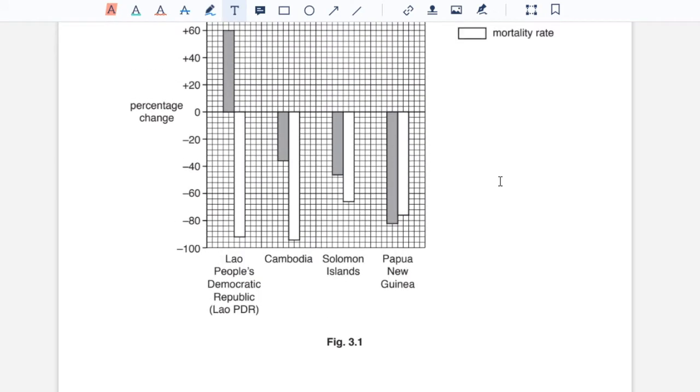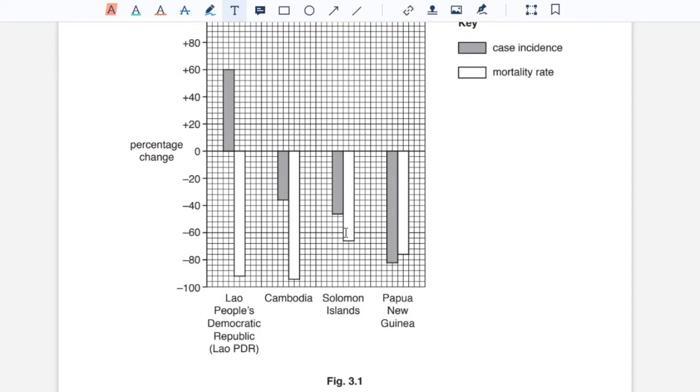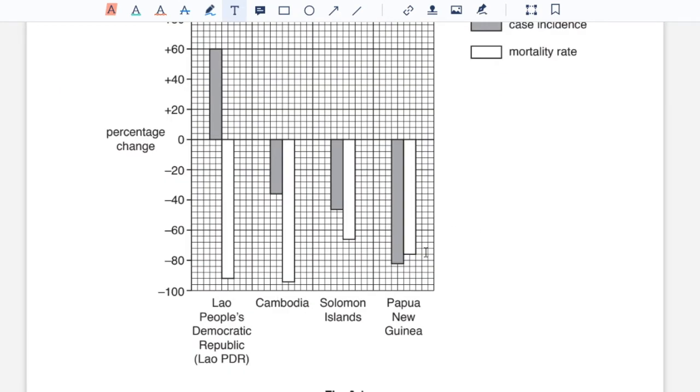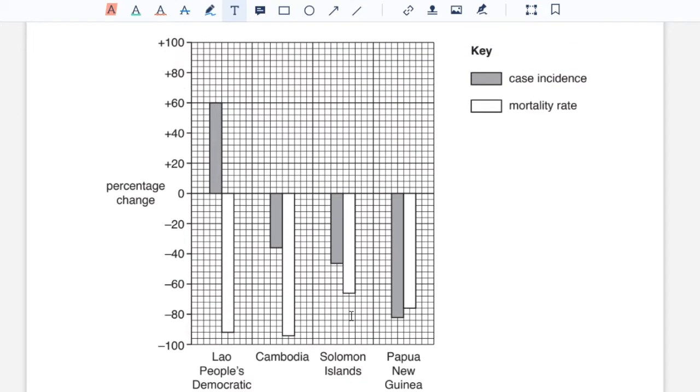2010 to 2015. Right, starting with the similarities, we can see that the mortality rate, which is represented by the white bars, decreases in all of the 4 regions, and the largest decrease is in Cambodia region, as it has the greatest height, and this is somewhere around negative 94%, so the decrease is 94%, since each single unit here represents 4%. So that would cover 2 marks of the answer, and the rest of the 2 marks you'd use for